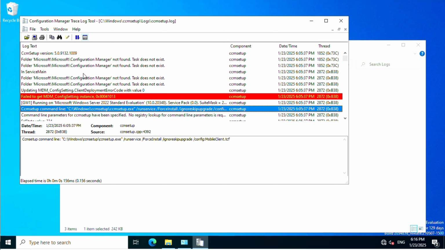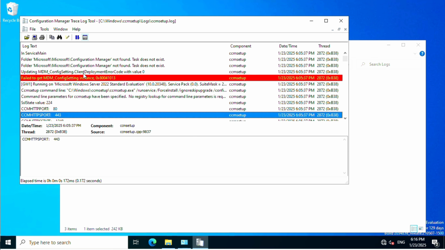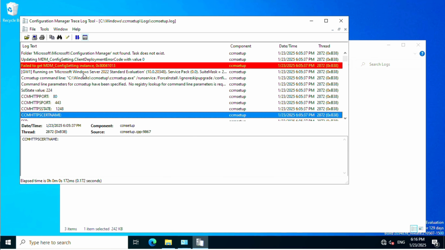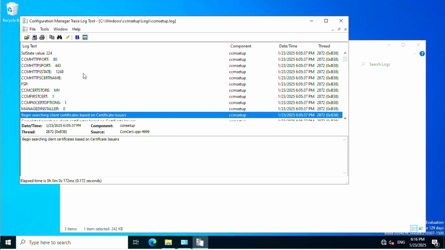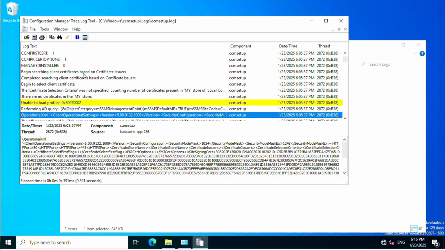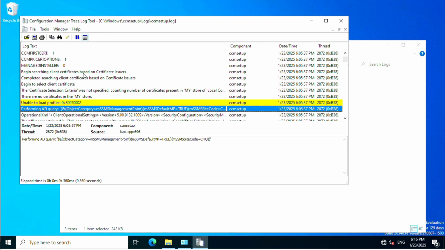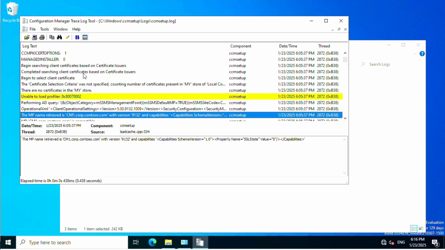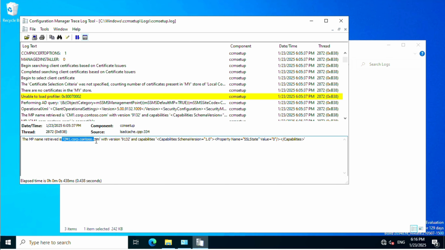That is how the first time it got the MP location. Let me show it to you, just a second. Okay, it is currently querying AD, and now it received the management point name, which is our management point, CM1